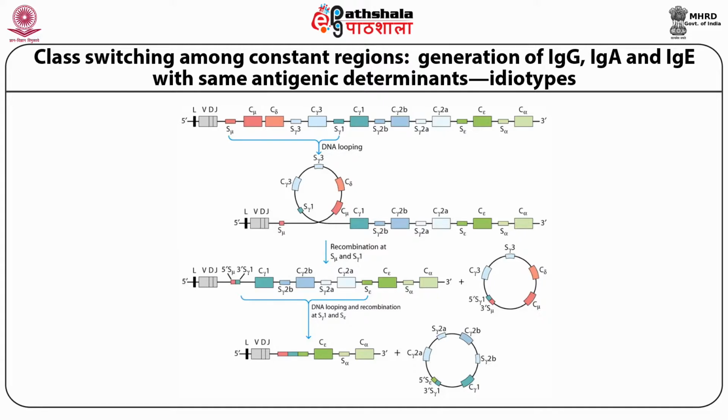This happens under the influence of various cytokines. If the B cell is rich in or producing an important cytokine called gamma interferon, this causes the shifting of the IgM antibody to the IgG antibody without changing the antigen specificity. So this is one of the key features: when class switching from IgM to IgG takes place, you get the same antigen specificity without any change in the antigen specificity.